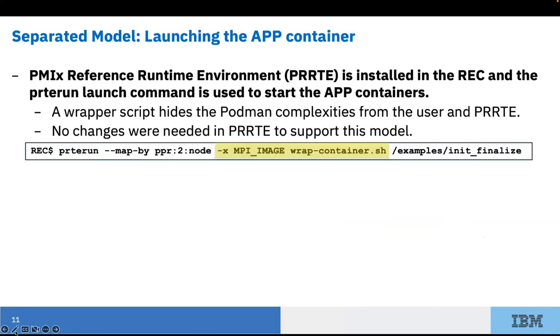So let's launch. Now that the runtime and application containers can talk over PMIx, how do we launch everything? What does this look like from the user? In this paper, we use PRRTE as the runtime environment. We created a little wrapper script that hides the Podman complexities from the user and PRRTE so that you can execute prterun or mpirun like what you see here from inside the container job pod or launch node, and just add this MPI image. You define the MPI image, which is your application container, and then you preface the command with this wrap container